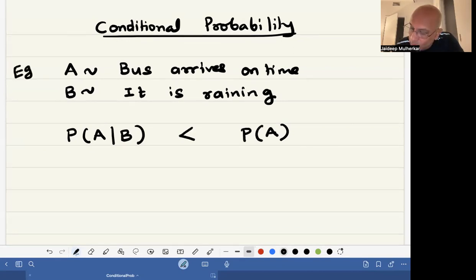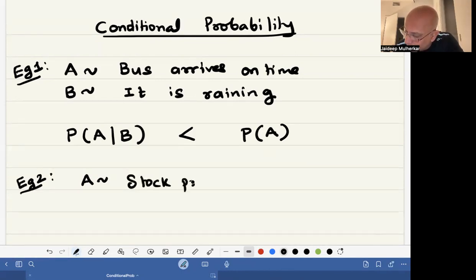So we are talking about, in general, events that are related, and we want to compute the probability of an event A, given that event B has already occurred. Let's take another example. Example 2. So event A in this case is stock price of a company